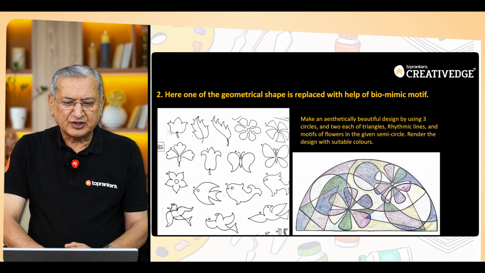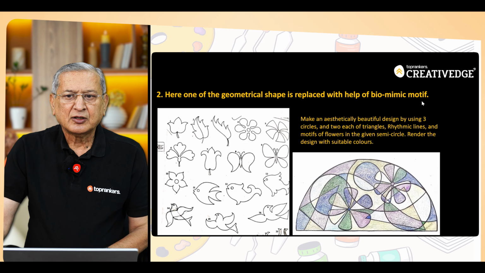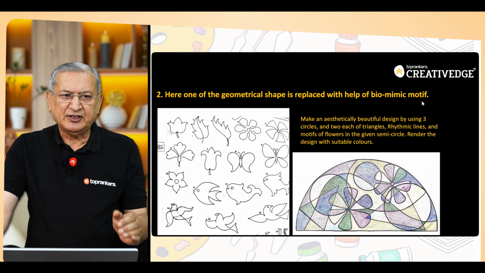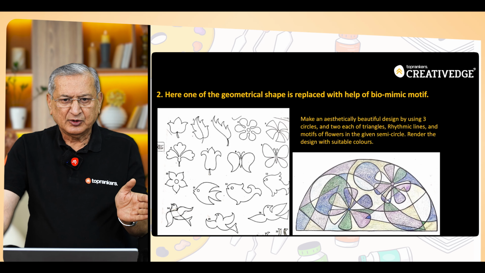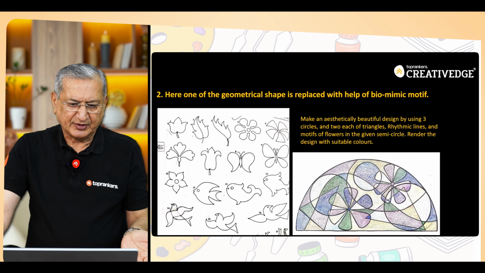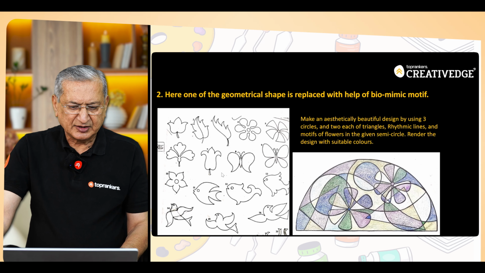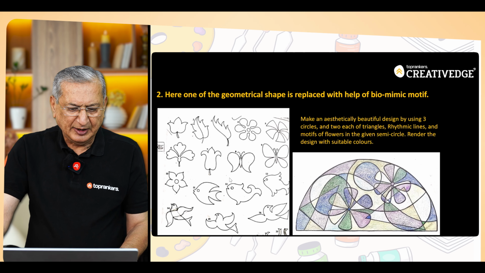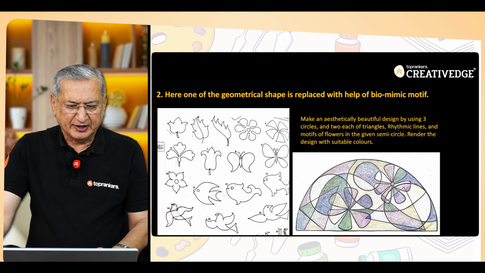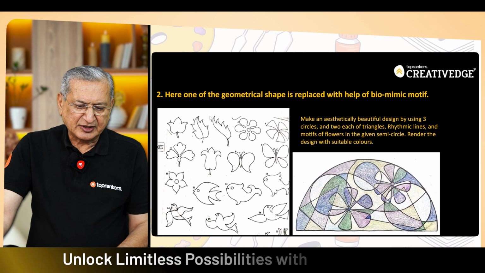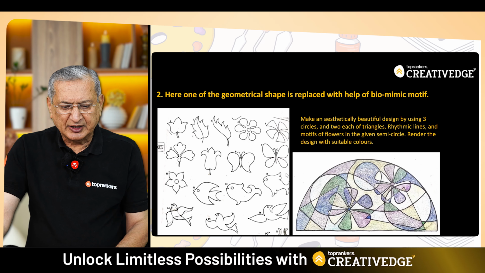Here one of the geometrical shapes is replaced with the help of a biomimic motif. Biomimic means, bio means life, mimic means resemblance. So there are motifs like those of leaves, flowers, butterflies, fishes and birds. Now what I want to clarify here is that these are only very few, limited